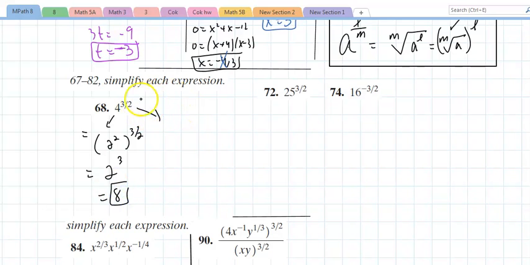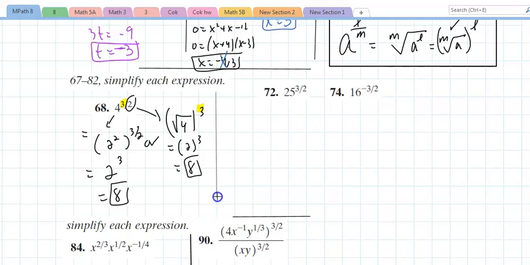Or, you could say that's the square root of 4 cubed. That turns out to be very useful. Square root of 4 is 2, and 2 cubed is 8. Either or, you don't have to do both, of course. You can do that on every problem. I'm going to stick with this. The reason I prefer that, it's important for you to see, especially if there are variables,